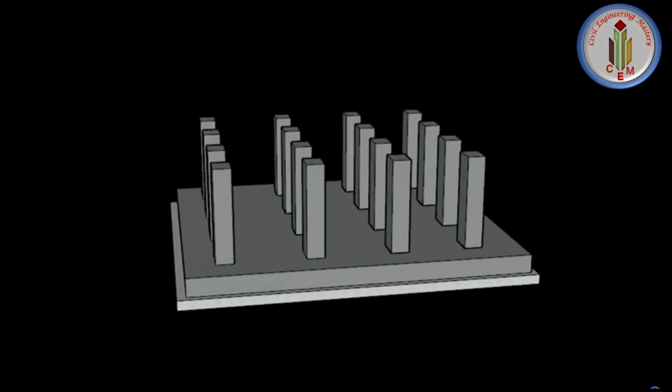So this mat or raft foundation is used where the SBC of soil is very low, and in some places we will be having the columns in a closer space. So in that place 5-6 columns together we can make as a single footing. So that is called mat or raft foundation. In some cases where the soil is very weak, safe bearing capacity is also very low. So in that case the whole building foundation can be made as a single mat or raft footing. So in those cases alone we have to go for this kind of raft footing.